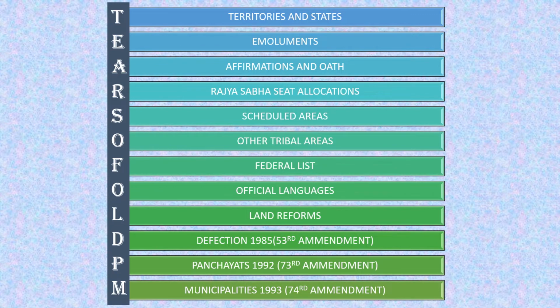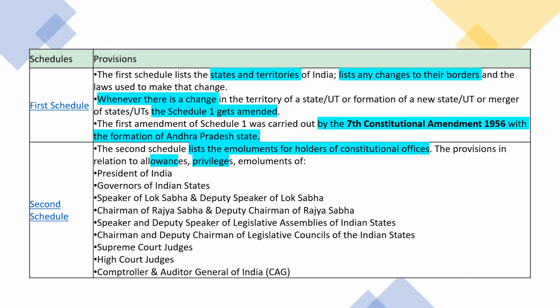First schedule. The first schedule lists the states and territories of India, lists any changes to their borders, and the laws used to make that change. Whenever there is a change in the territory of a state or union territory, or a formation of a new state or union territory, or merger of states or union territories, Schedule 1 gets amended. The first amendment of Schedule 1 was carried out by the 7th Constitutional Amendment 1956 with the formation of Andhra